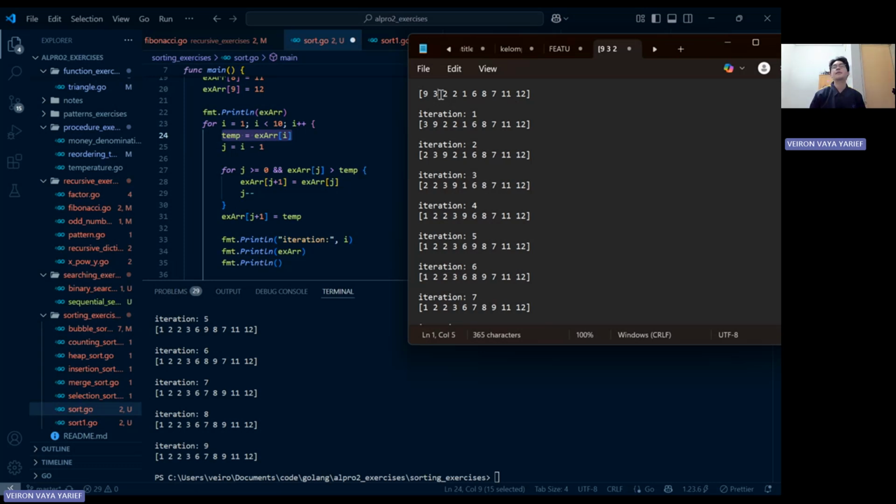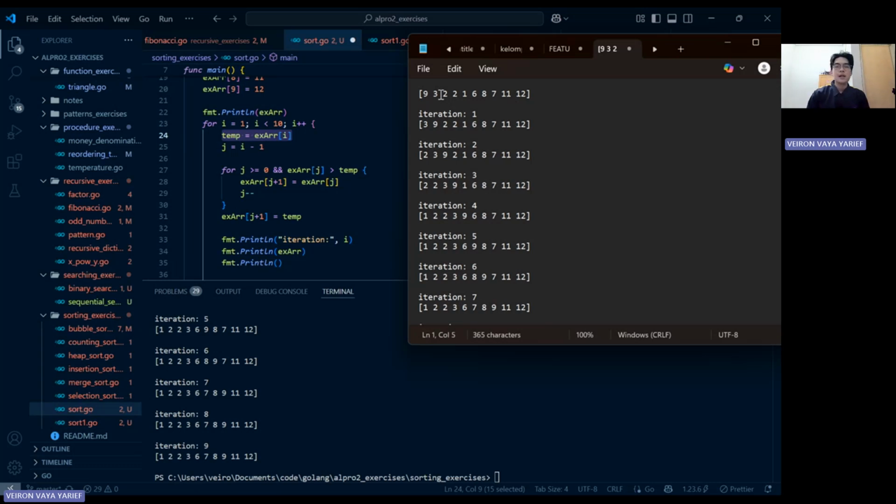So simply, in our array, we start from the first index and compare it to the index before it. But for the comparison, we use a temporary variable and we set its value each iteration with the current index. That's how we do it.